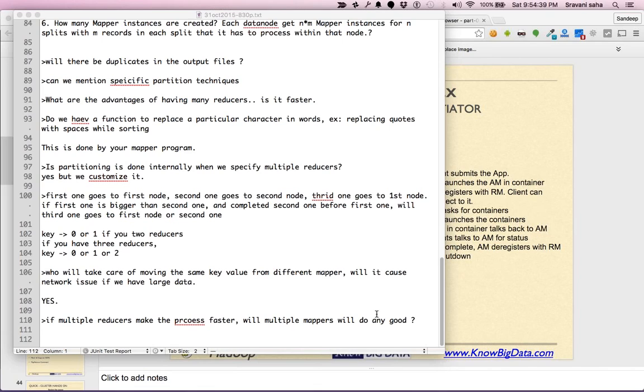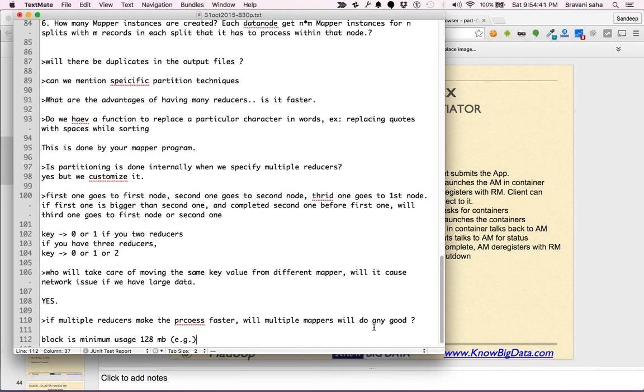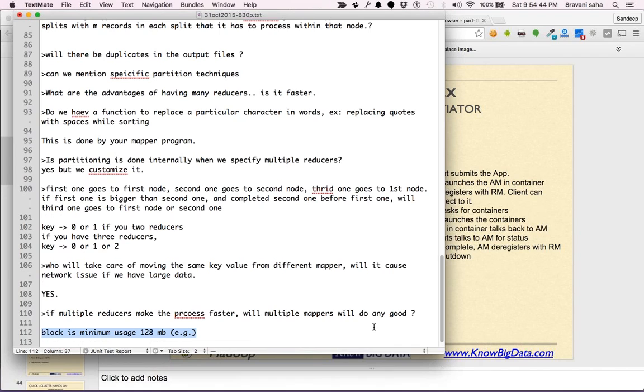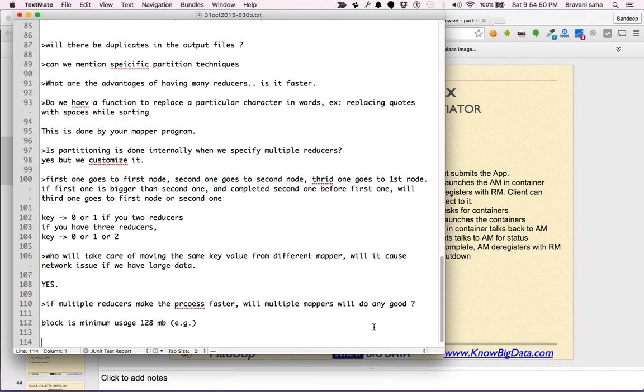Block size is 128 MB by default. But that does not mean that if a file is less than 128 MB, it will still have 128 MB reserved.